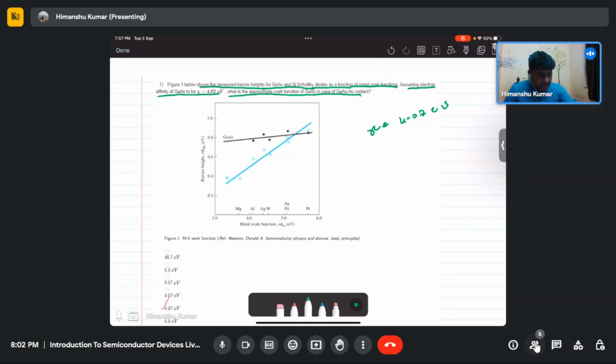So we are provided the barrier height for AU. So for the gallium arsenide AU contact, we can calculate what the barrier height is here. It will be around 0.78, so phi b is around 0.78. So what is the work function? Basically, to calculate the work function, we need to